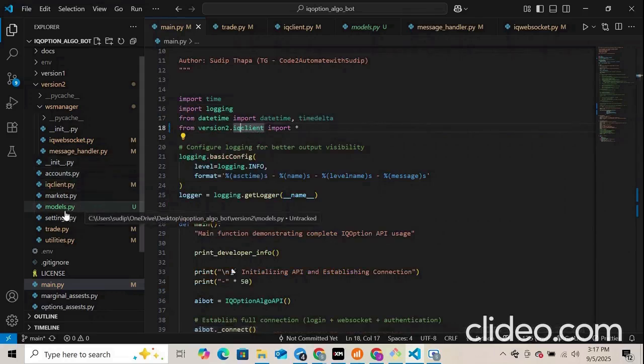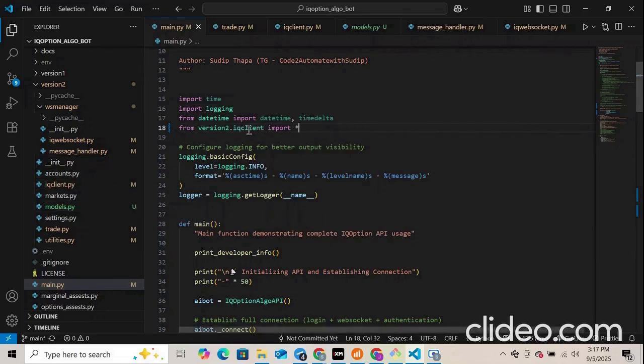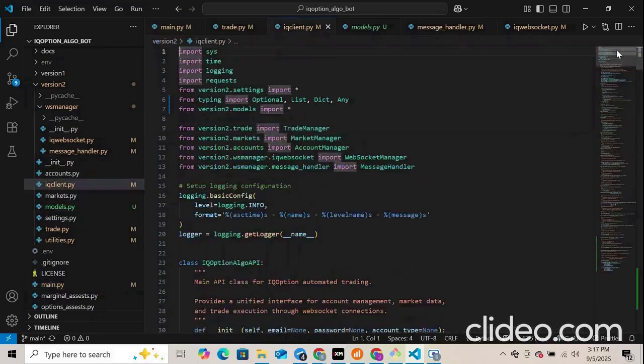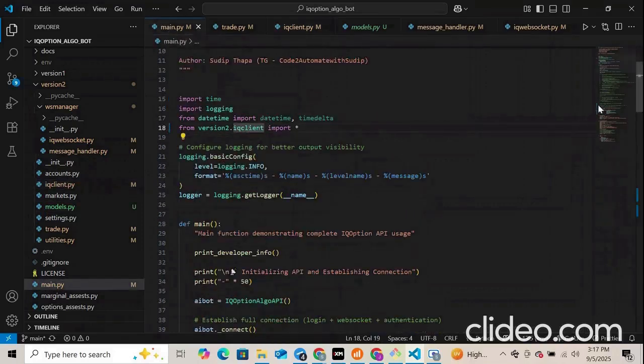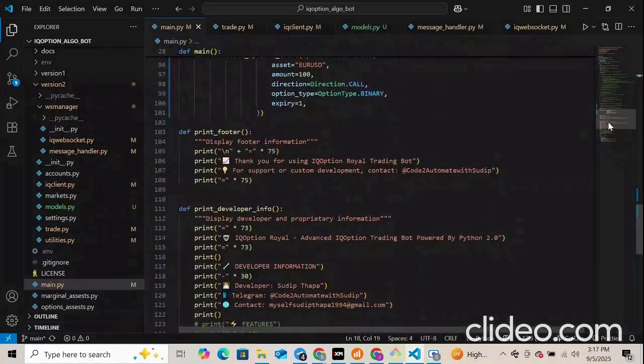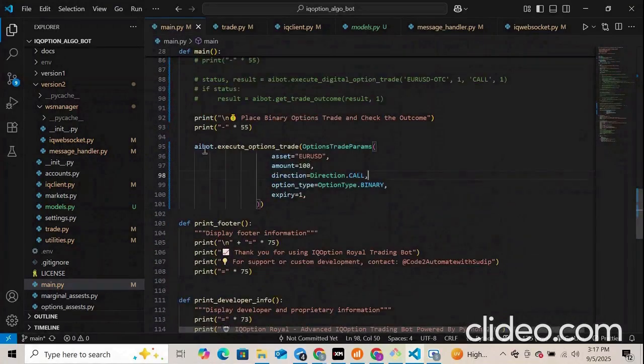Models live in models.py, but inside this IQ client we are importing all the models. That's why we are able to access it here. So now we can call this common use function this way, and we need to pass the trade params object,